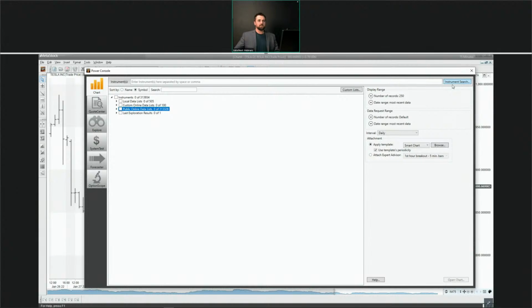So you've had the instrument search up here before, but now you have the search bar right here where you can go in and you can search using symbol or name. It's actually not affected by whether you're sorting by name or symbol. So you can leave that the same. In the search bar, search by either of them, and it'll give you the option. So let's say I wanted to look at